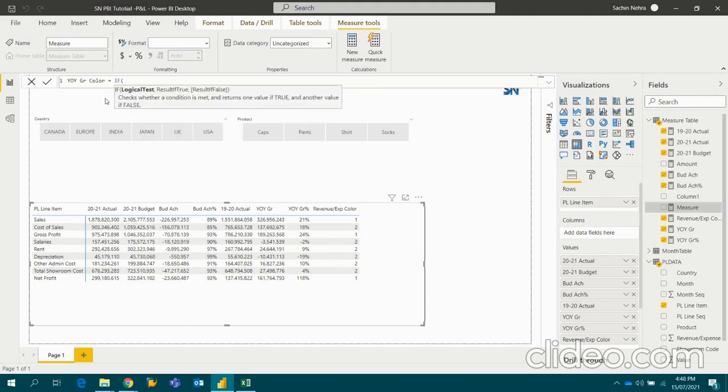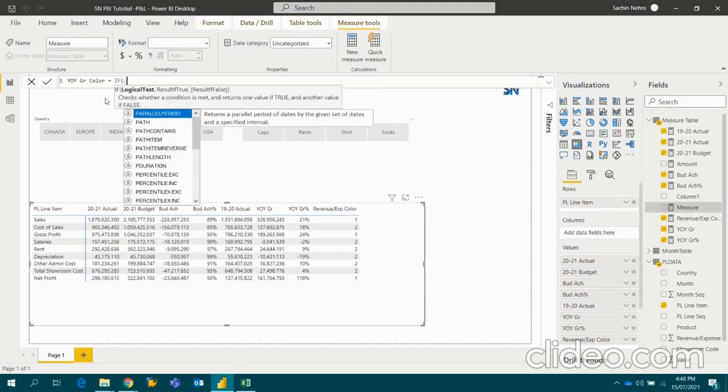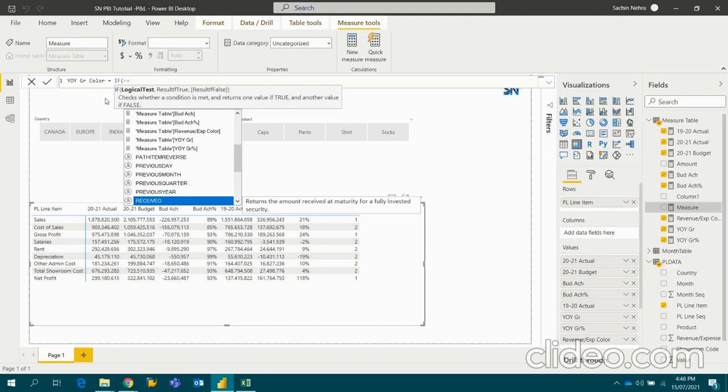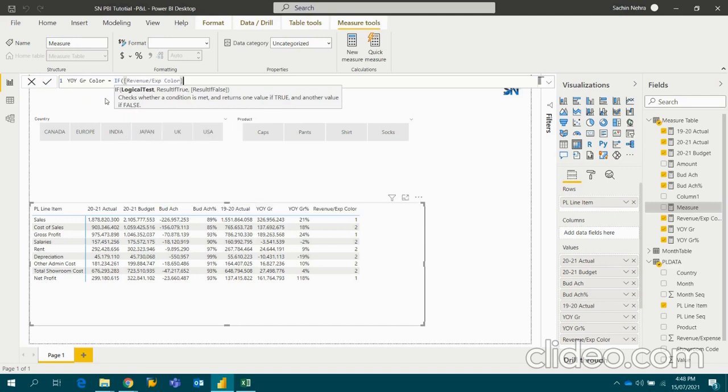If revenue expense column equal to 1, and my year-on-year growth is exceeding 0. If this condition is satisfied, then I need 10. 10 I'll be using for showing as green.